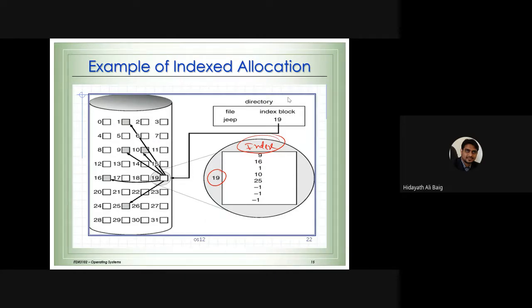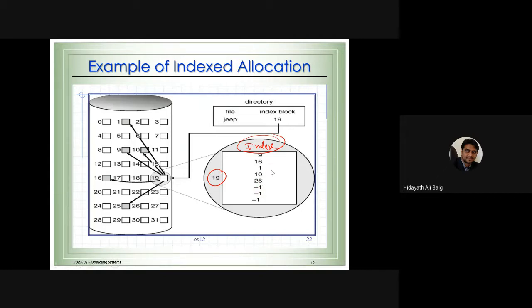Okay, so what is the point we are making here? This is also non-contiguous storage. We can use any data block available in the hard disk, but how do I know which block I am going to use for my file? With the help of this index block. In the index block, we have all the information related to the file blocks, so that I can go and get the data. Please remember, always when we have -1, that is the end of the file.